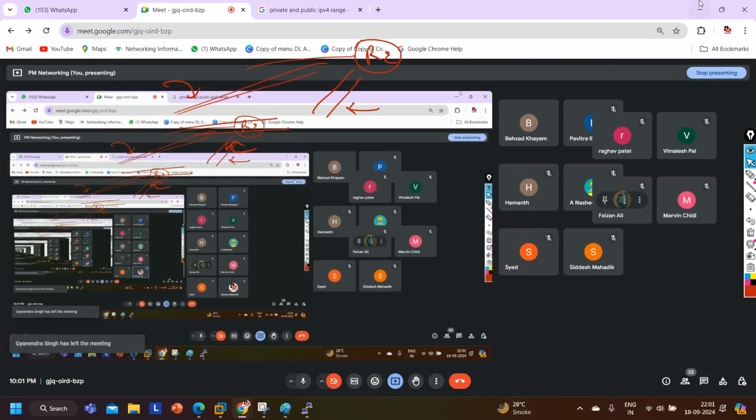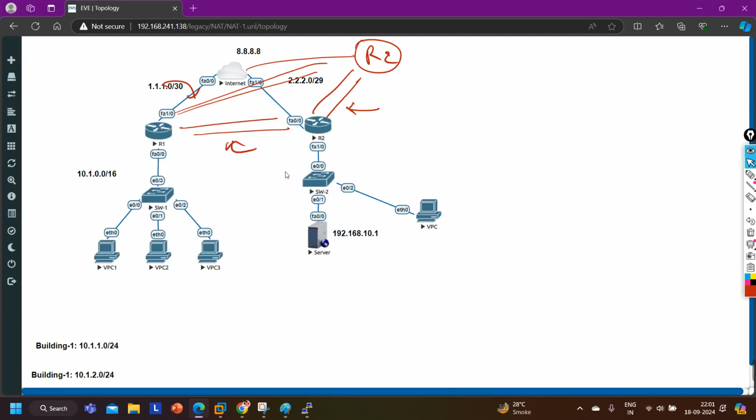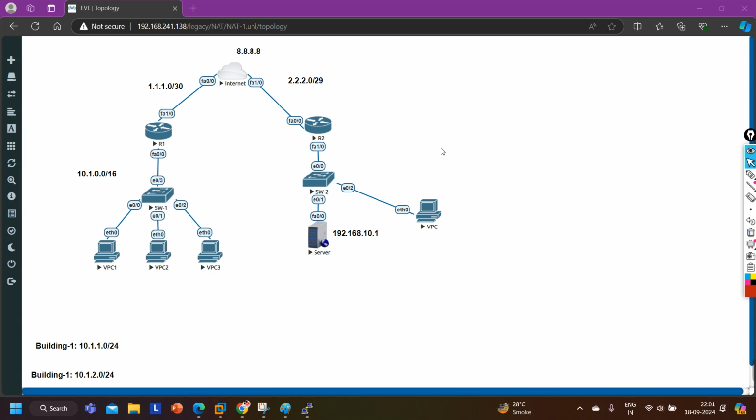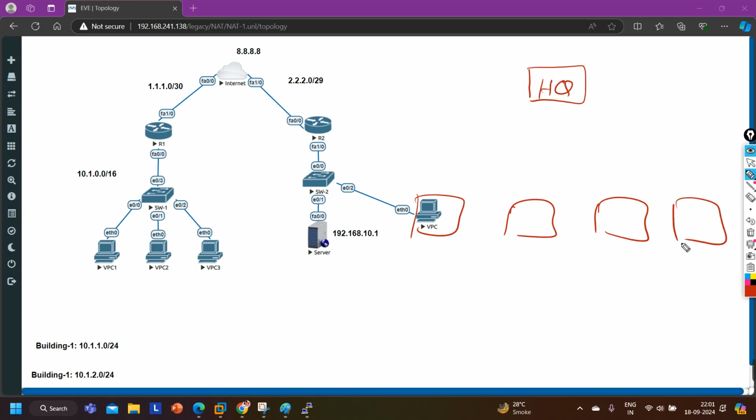Difference between GRE and IPsec: IPsec is used to secure the GRE. GRE is a point to point connection. But guys, in this scenario, let's suppose I have 100 branches, and this is, let's say, the headquarter.